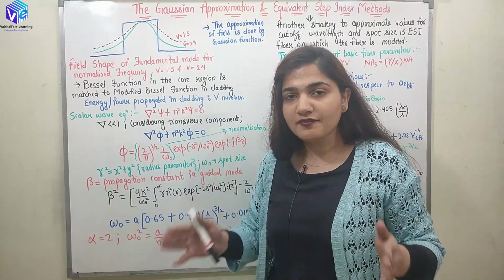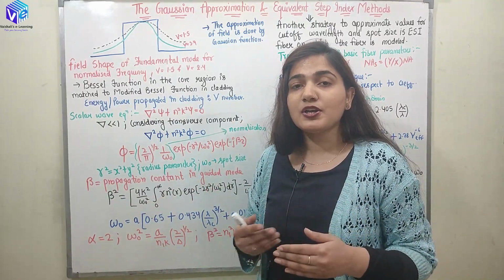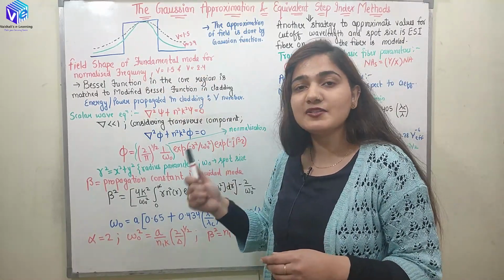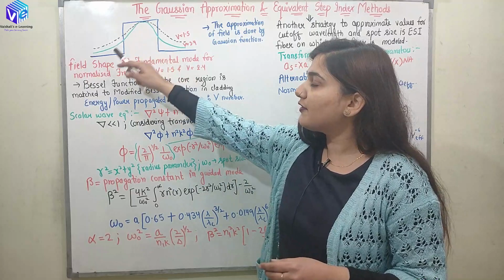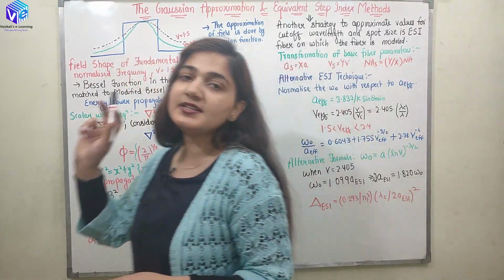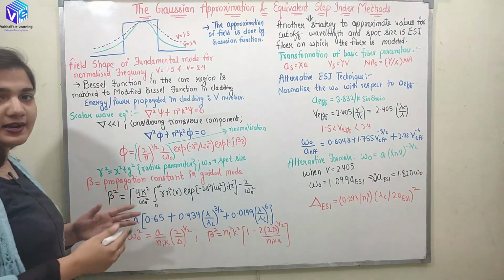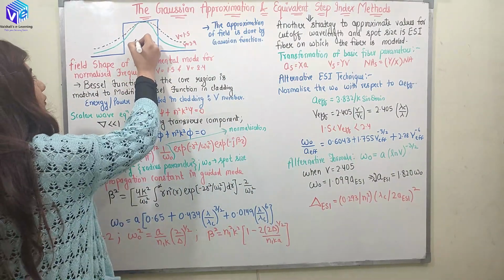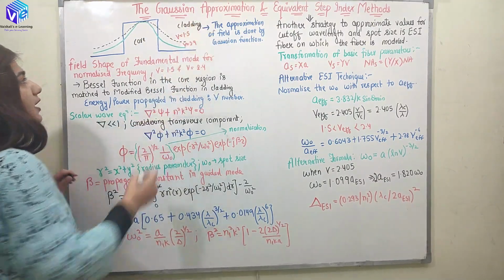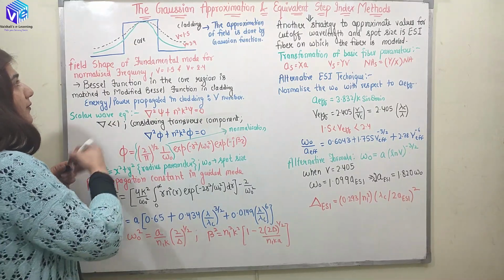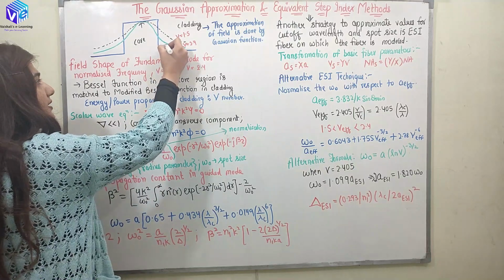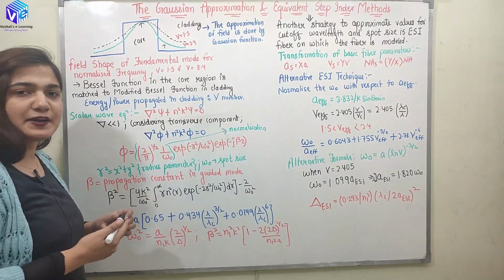Now if I draw the field for different propagation modes, here I am considering the fundamental mode only, that is the LP01 mode. For the different normalized frequencies, I will have the field present inside the core and the field present in the cladding. So this is my core and here we have the cladding. In the core we have a Bessel function kind of structure for the field, and here we have the extended Bessel function kind of structure.